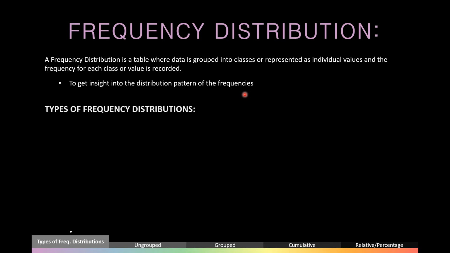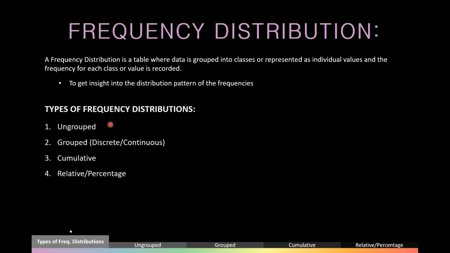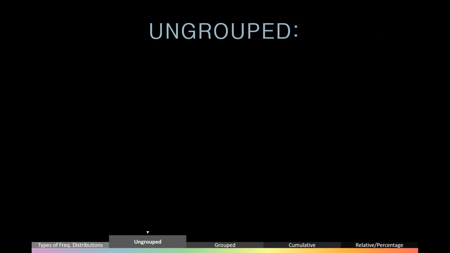There are four types of frequency distributions that we will be discussing: ungrouped, grouped, cumulative, and relative or percentage. Now, to understand this lesson, what you really need to take away from it is how to construct a grouped frequency distribution. If you understand how to do that, then the other three types are relatively easy, especially the cumulative and relative or percentage, as these are just calculated columns that we will add onto our ungrouped or our grouped frequency distribution. To construct an ungrouped frequency distribution, ideally we want to be working with a small number of unique